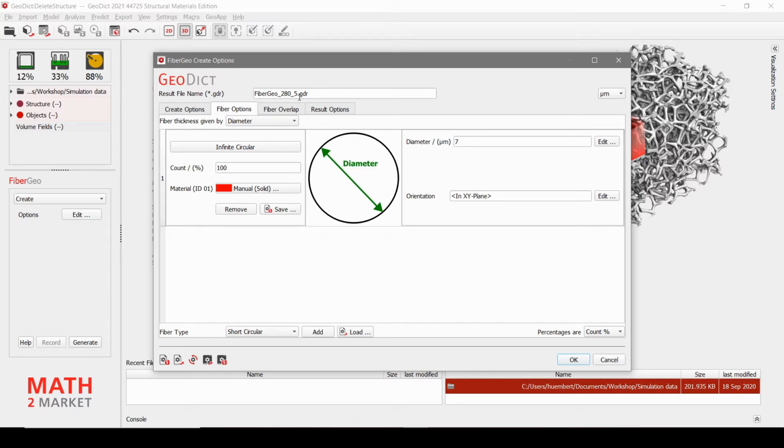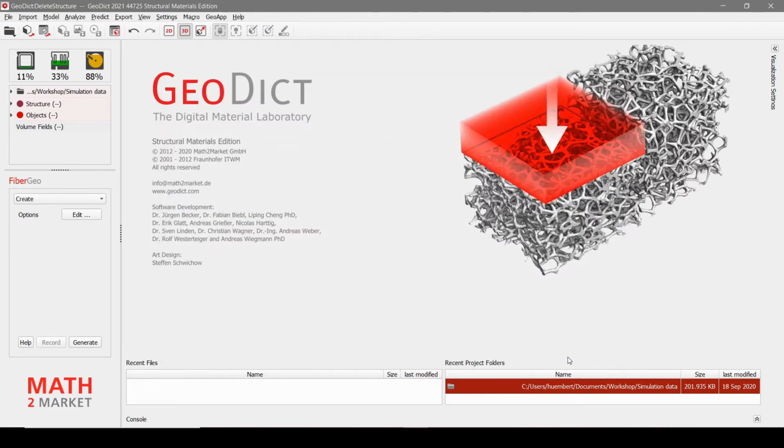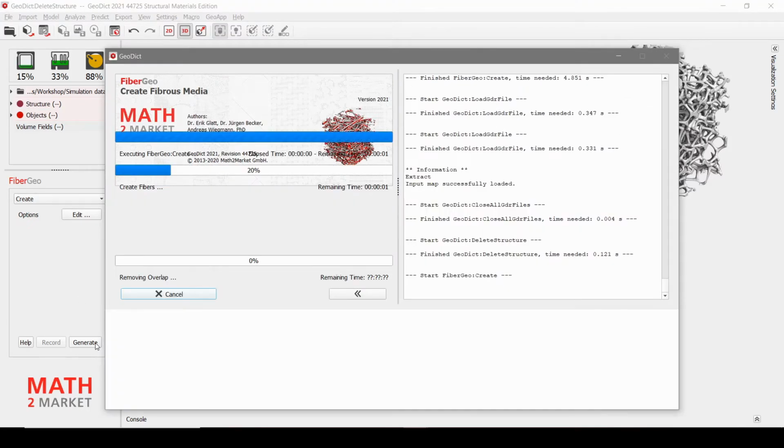And we change the name of the structure. I will call it 281 to indicate there is one direction with 1 voxel. Then I click on OK, and then I hit generate.